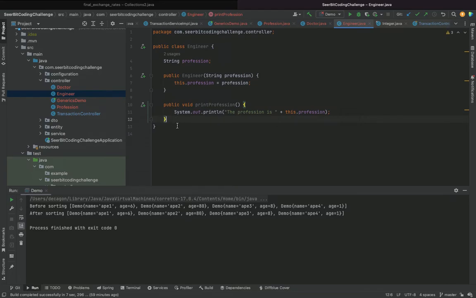Okay, let me make this return something, because it's by returning something that this will be explained better. Say I want to make it return a type of engineer. So I return this and this. This was profession.